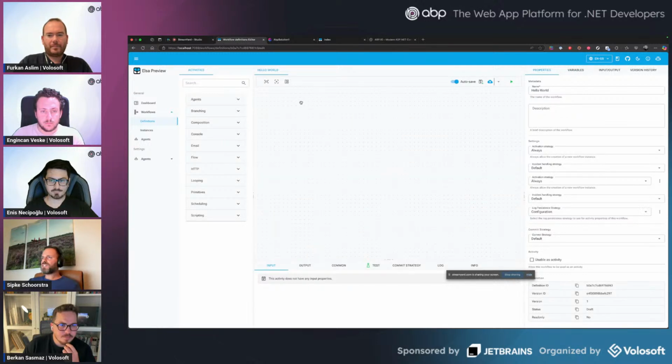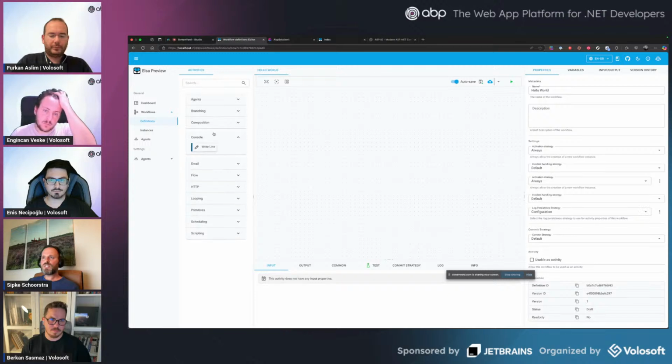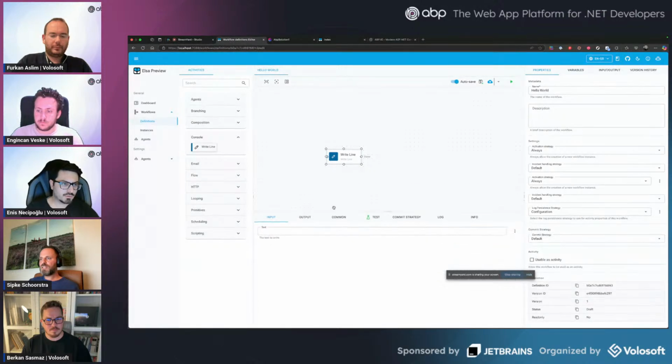And so what we see here is the designer. This is the design surface, also known as the canvas. And here we have the activity picker. This studio allows you to build logic, and logic consists of components called activities. Let's do a simple one. Here we'll have a write line. And then when you have an activity selected, we see